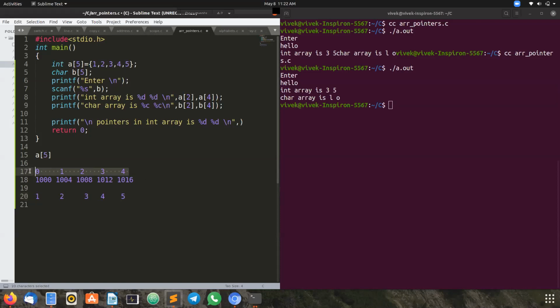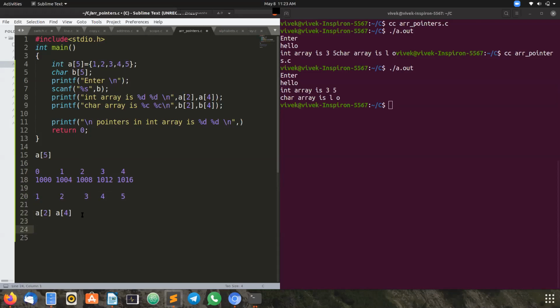These are the indexes, and these thousands are the addresses in the RAM, and these are the values which I have given statically. Using the array concept, I can go to a particular index like this, a of 2 and a of 4. To access a particular index, we will write like this.